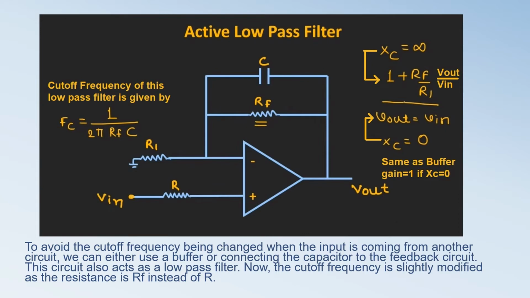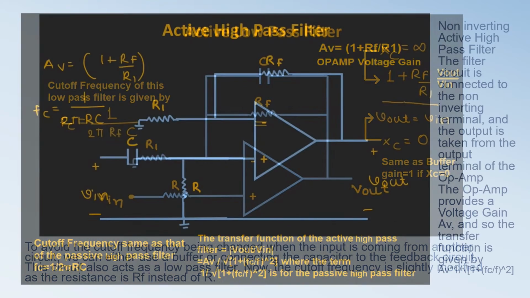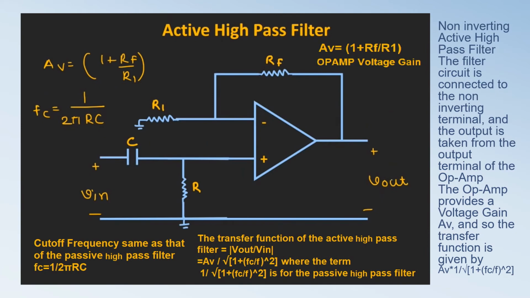When Xc is infinity, the voltage gain of the active low-pass filter is given by 1 plus Rf by Rn, and when Xc is 0, it is the same as the buffer where the voltage gain is 1, since Vout is equal to Vin. In a similar manner to the active low-pass filter, we can now realize the non-inverting active high-pass